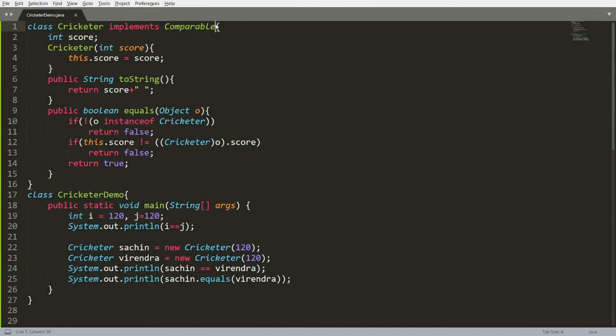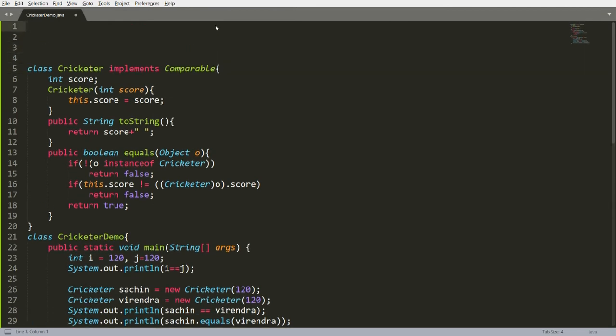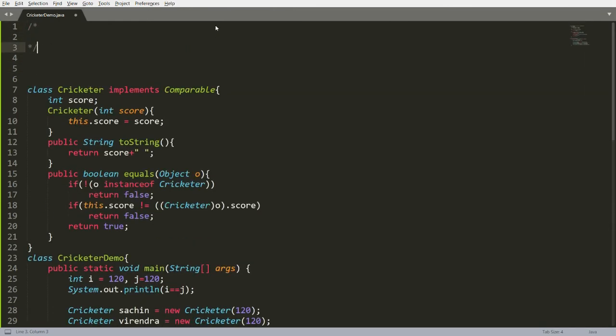Whenever you implement Comparable, you need to override its method. In the Comparable interface, there is one method, public int compareTo, and here you can pass an instance of Object. So you can override it over here, but first you need to understand how it works.